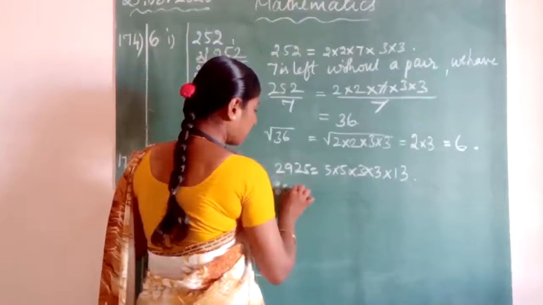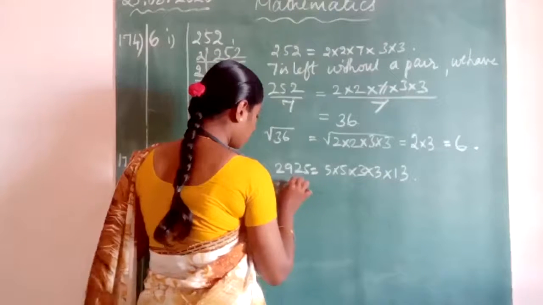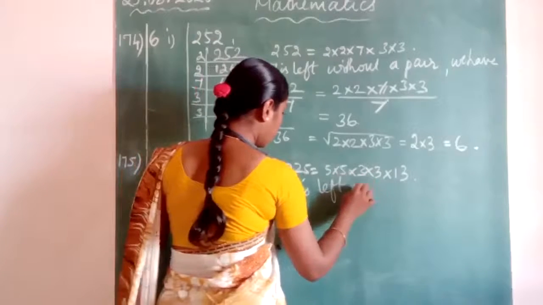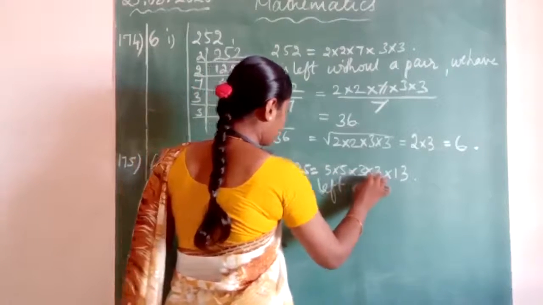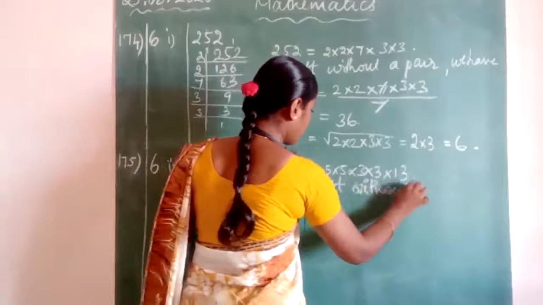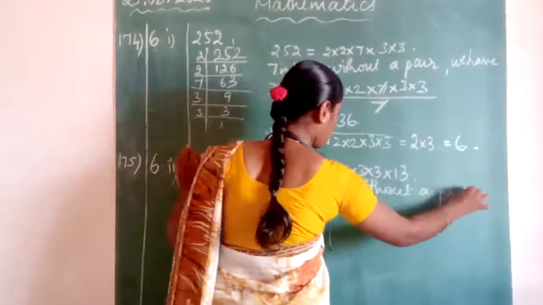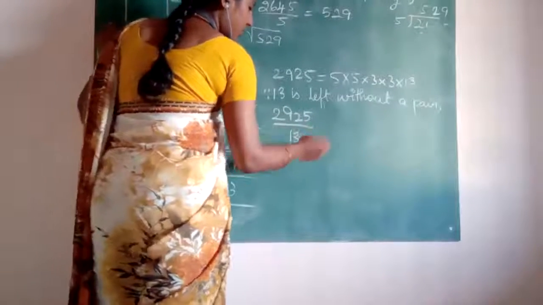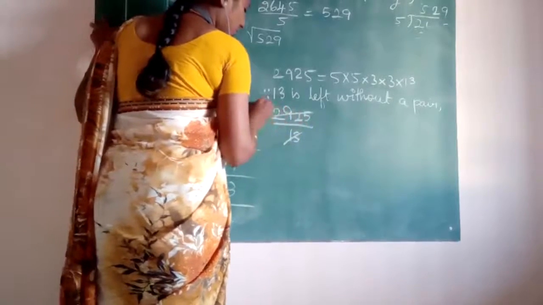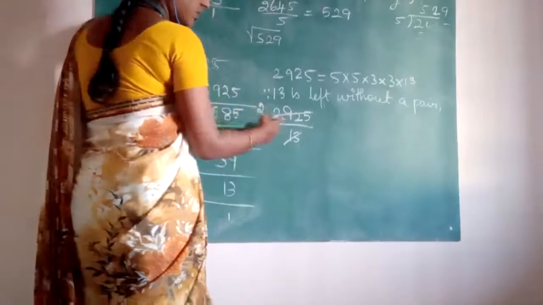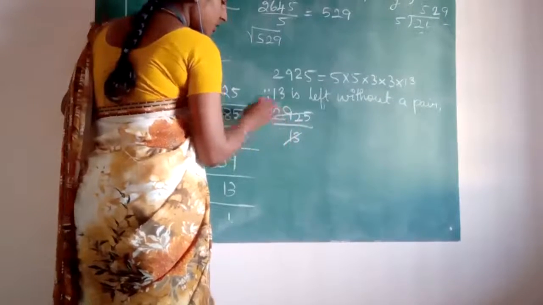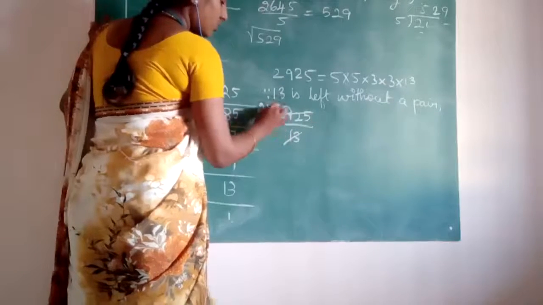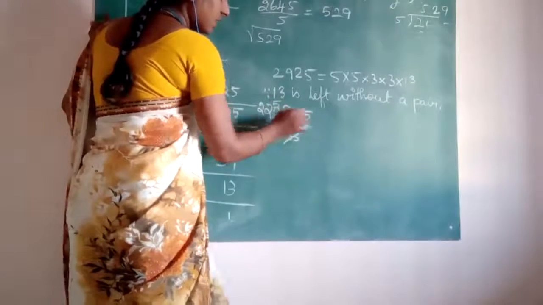Okay, so since 13 is left without a pair, divide 2925 by 13. Okay, so you can have 13 2s are 26. Okay, 3 will be remaining, 32. So again you will have 13 2s are 26, then 6 will be remaining, okay, 65, so 225, okay, so 5s are 25, so the answer is